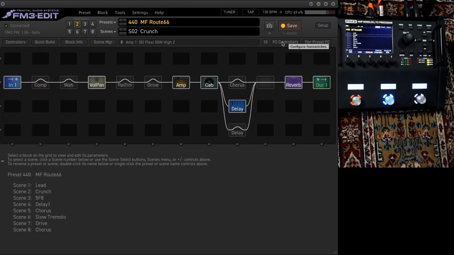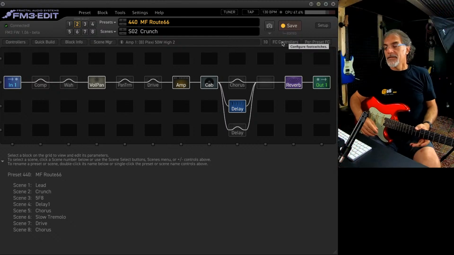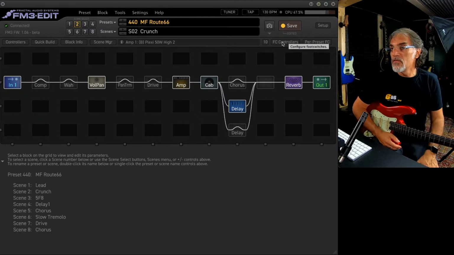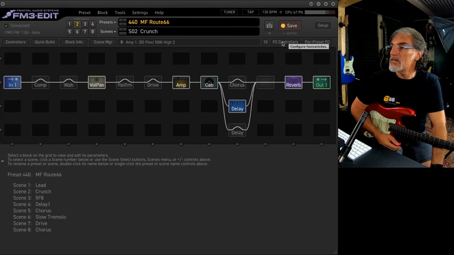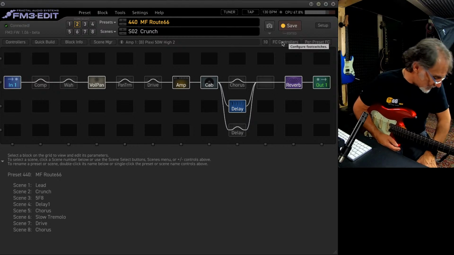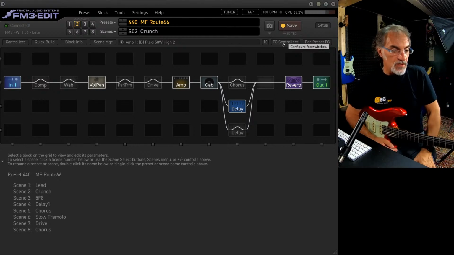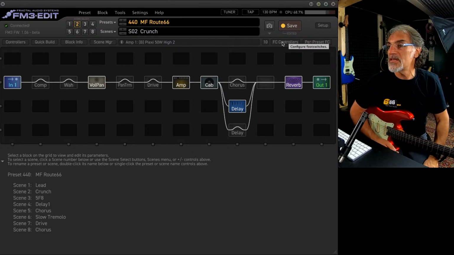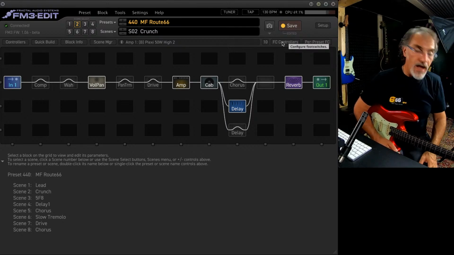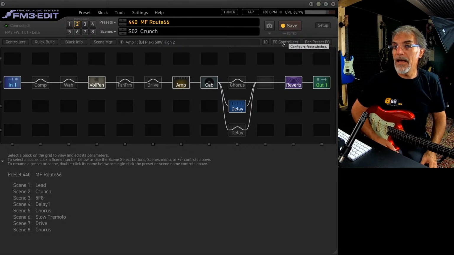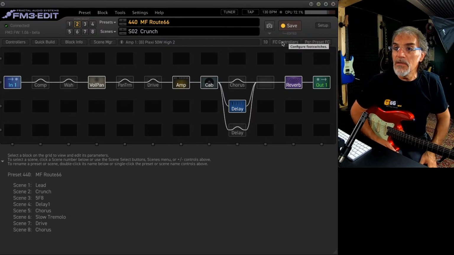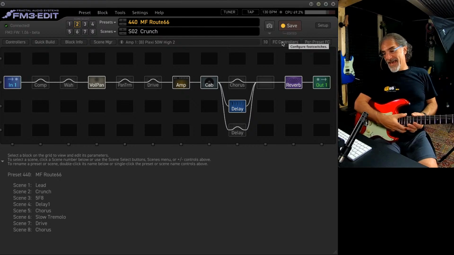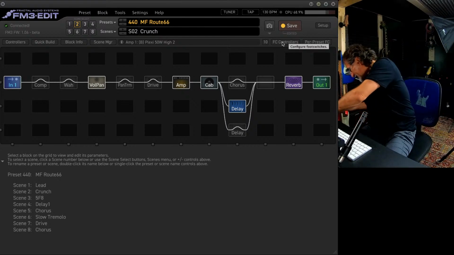Okay, so I showed you how many different possibilities you can do with only 3 foot switches. You can select different scenes, you can select drives, you can switch on the tuner, use the tap tempo, change the scenes, alternate scenes, and so on. Again, the limit with Fractal is only your fantasy. This is my leitmotif.